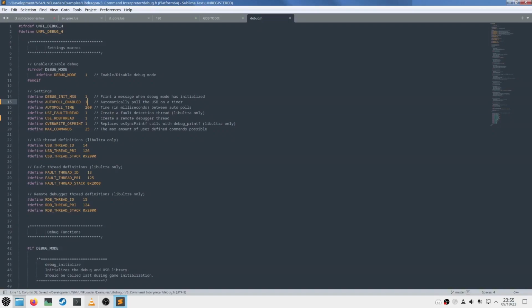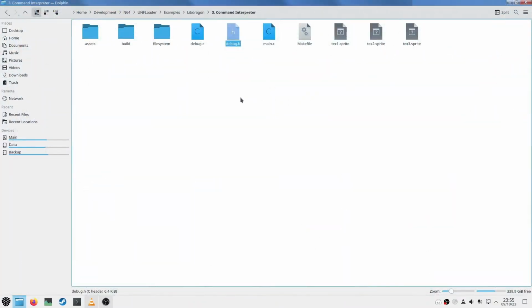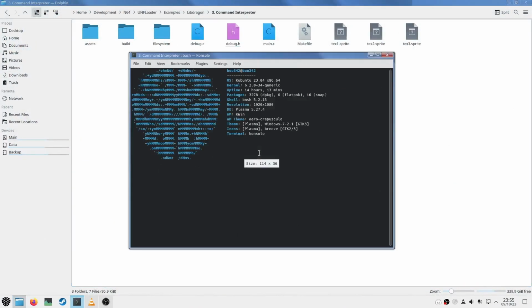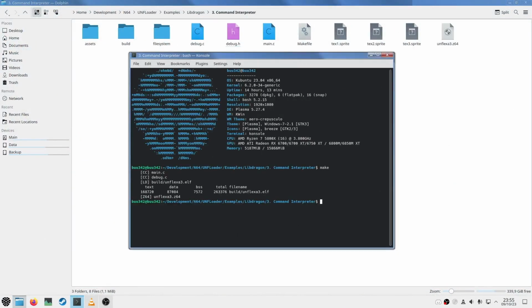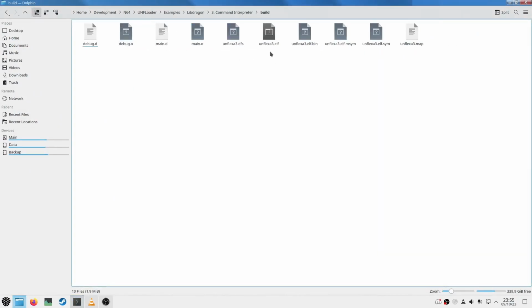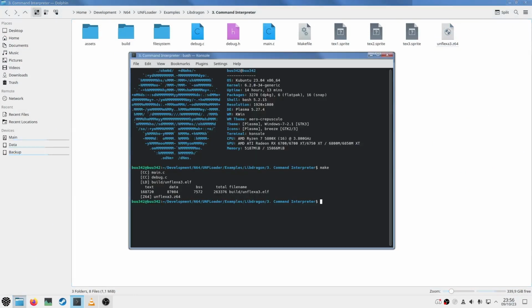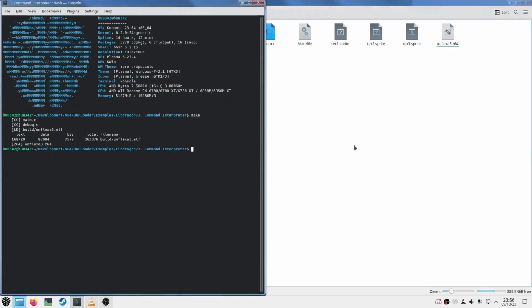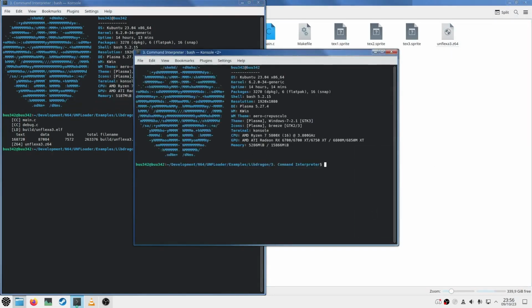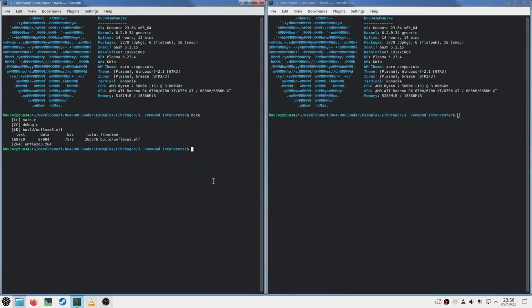Once both of those things have been done, you can simply compile your project. And if we go into our build, our debugging symbols should be right here, and our ROM should be right there. Okay, so I'm going to open a second terminal and push this to our right. In this first terminal, I'm going to call UNF-Loader, and I'm going to launch it with our ROM.